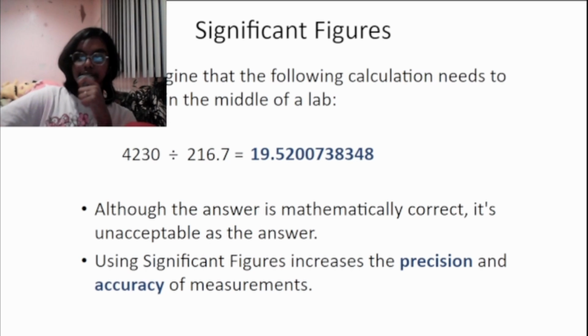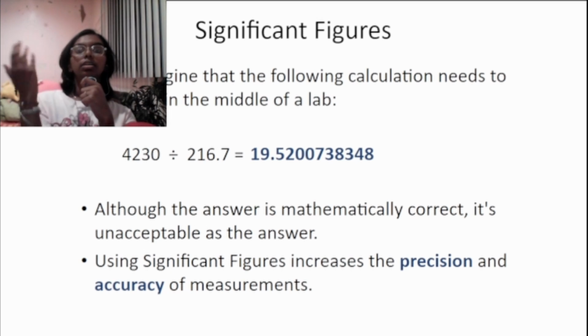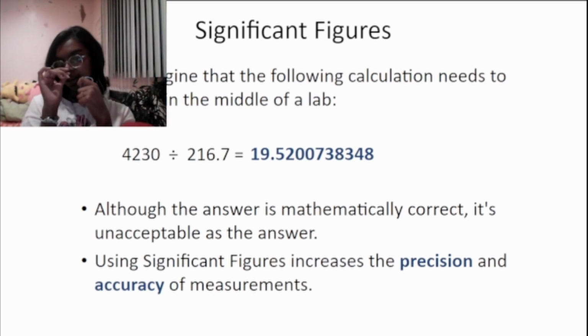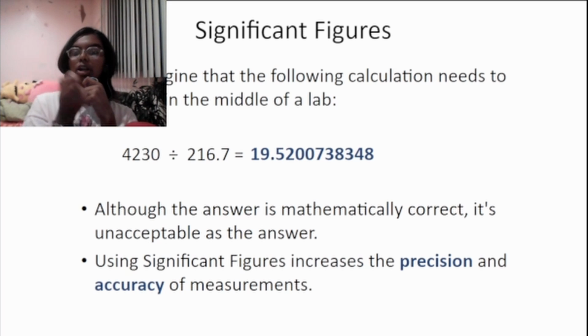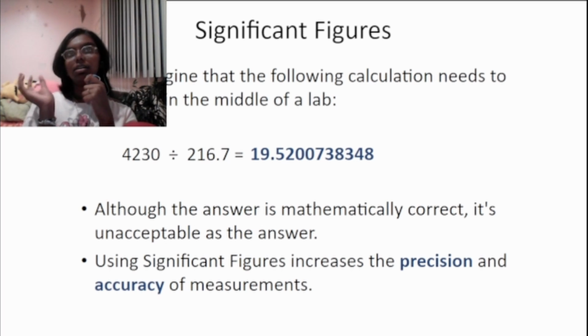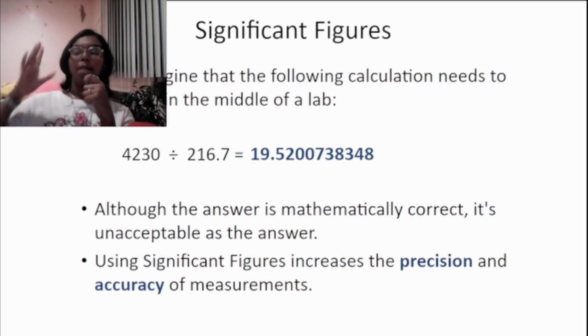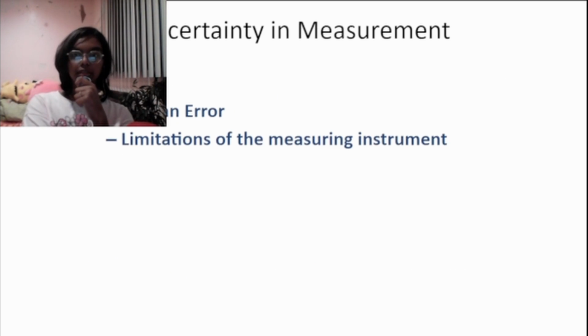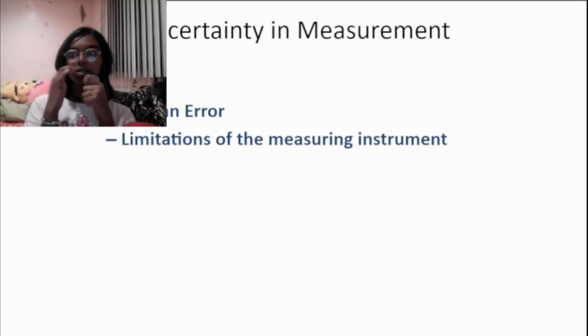So pretty much, significant figures increases the precision and accuracy of taking measurements, right? So let's say you're doing that conversion. If you put it in the calculator, that's the answer that's going to come out. But when you're using significant figures, that's not what you want to use, since it's not really precise and not really accurate when it comes to measuring in the real world, right? These are why some measurements can be wrong, because of human error, because we're humans,